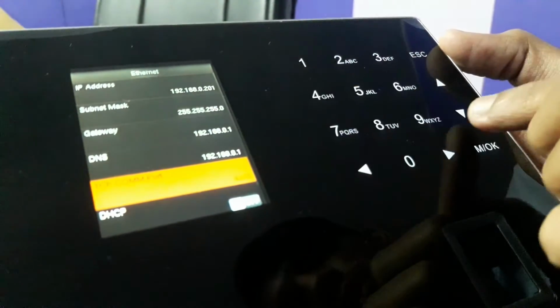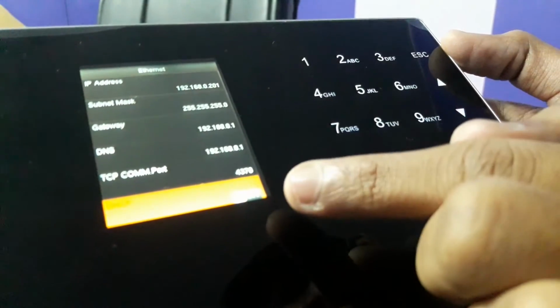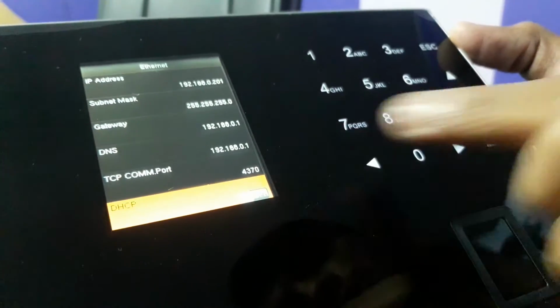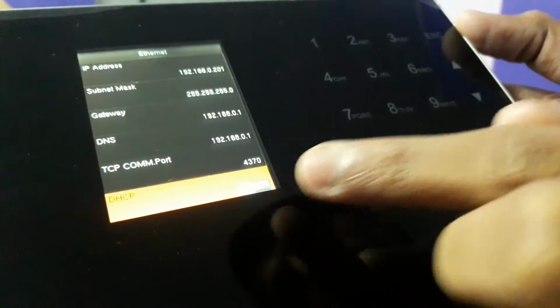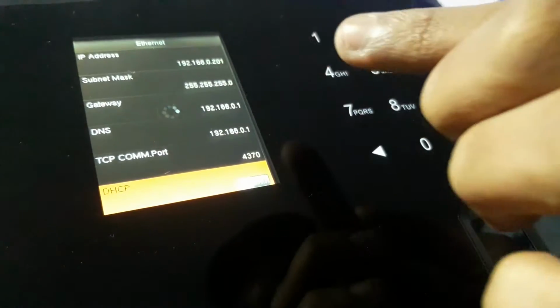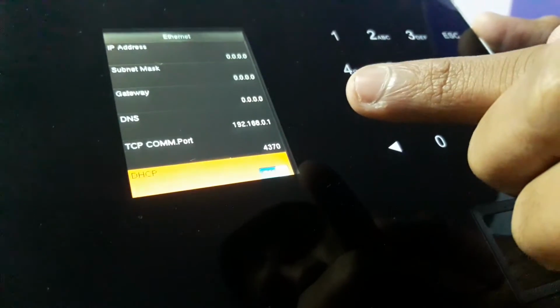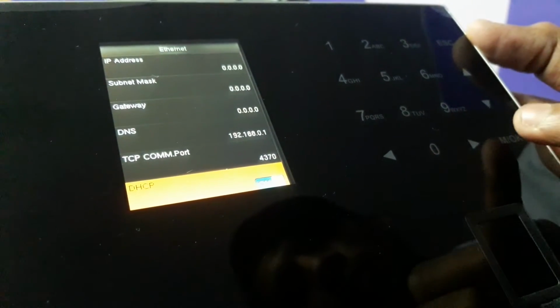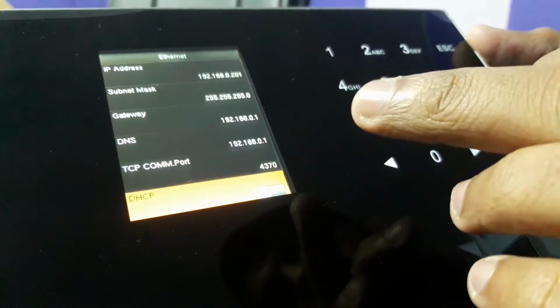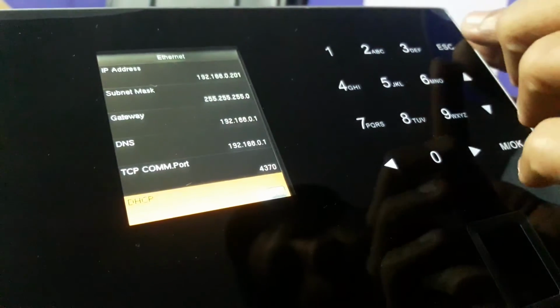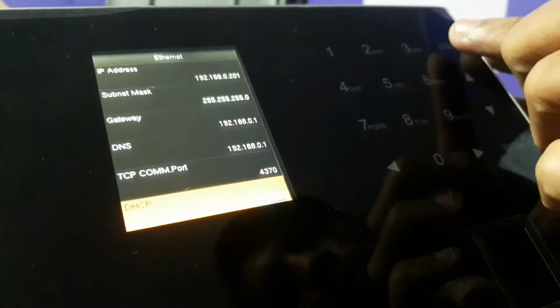Okay, you can opt for DHCP. When you turn on DHCP, your IP address is blank and it automatically captures one IP address from your network. When I opt for DHCP, the IP address you configured by default is shown in this option. Now escape from this option.